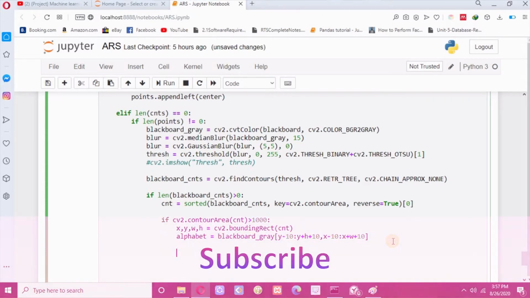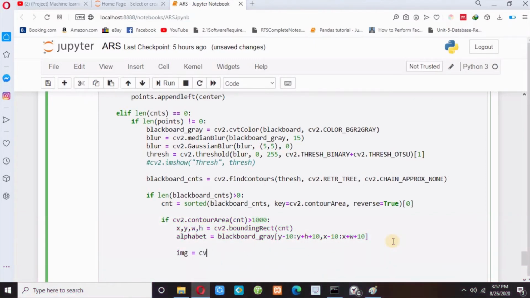So this is it. Now we need to resize our alphabet. So img equals cv2.resize, I pass alphabet, and I need to resize this image into 28 by 28 pixels. But we need to write this code in a try and except block. So let me write try, and I write it inside the try block, and we will resize only if it is able to resize our image into 28 by 28 pixels.